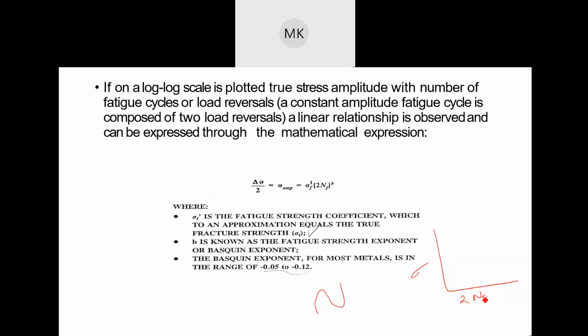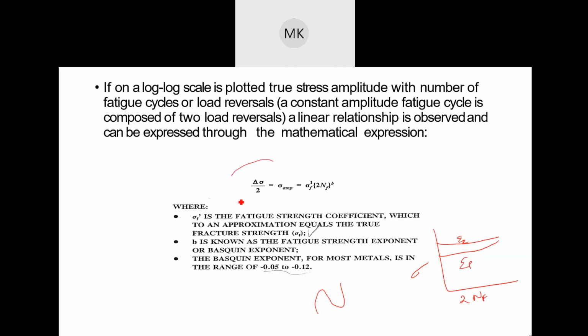Because of that, the number of reversals is 2 times the life of the material, so it's 2Nf. So when you're drawing something like this, you will see two curves joining like this. Basically, one is your elastic strain and another one is your plastic strain curve. So because of your plastic strain and your elastic strain, that is how it turns,